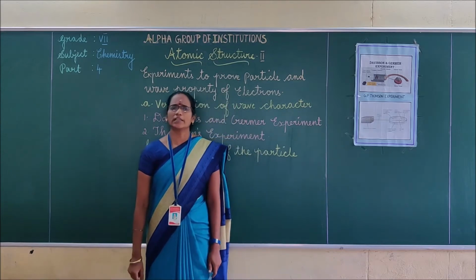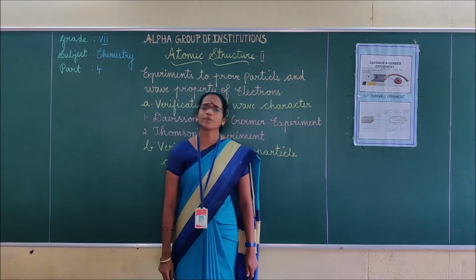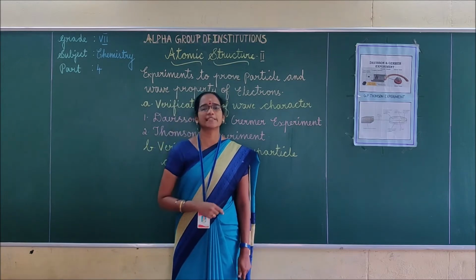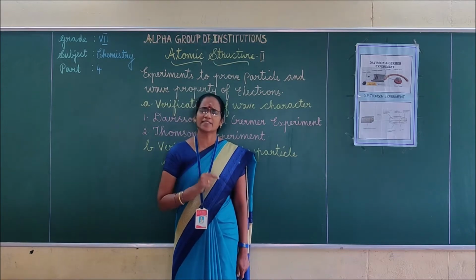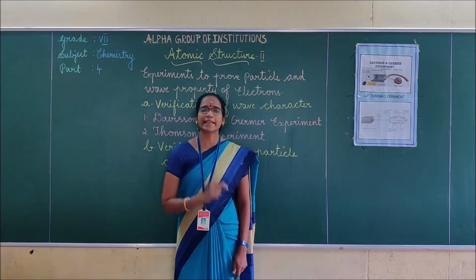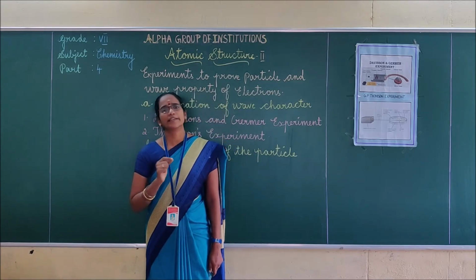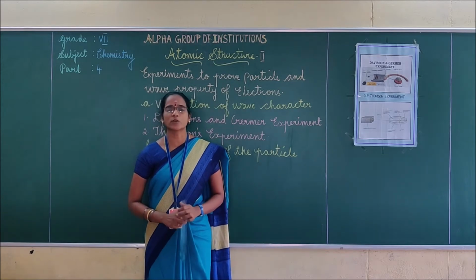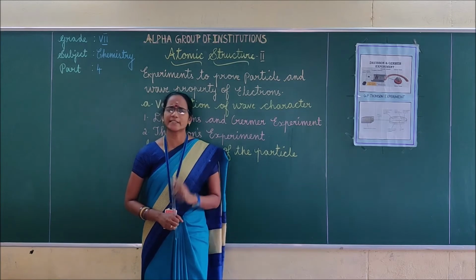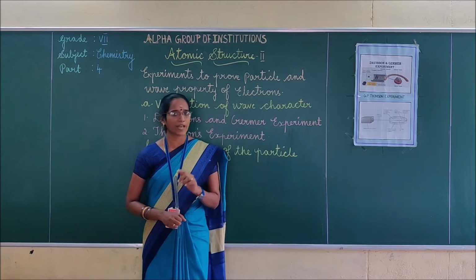Why is a tungsten filament particularly used in this Davisson and Germer experiment? The metal tungsten is used for the filaments in bulbs. It has a high melting point, lowest vapor pressure and greatest tensile strength. What do you mean by tensile strength? Tensile strength means resistance of the material. For this purpose, tungsten filament is most commonly used for the filaments in bulbs.